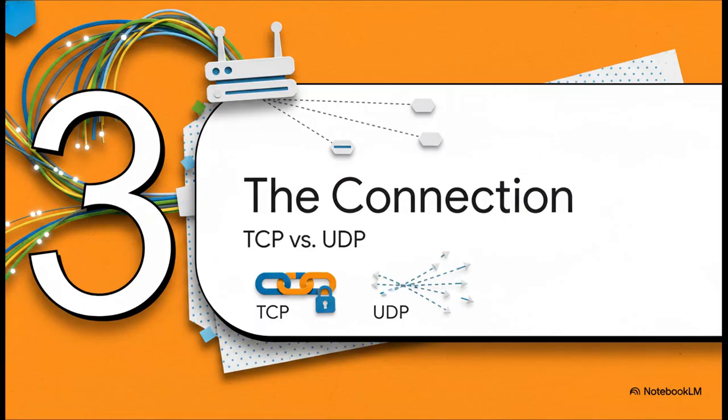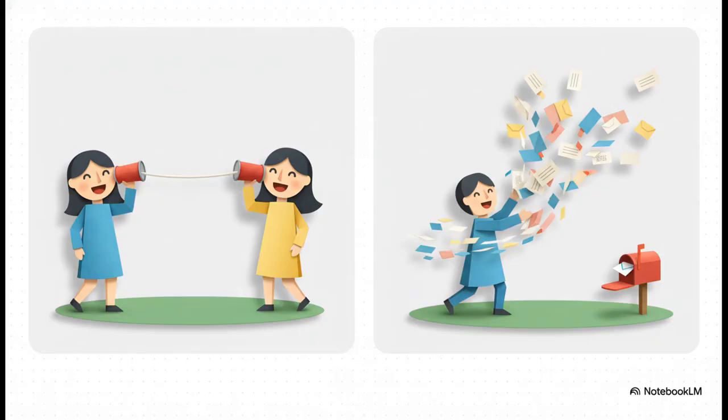Okay, so we've got bits traveling on a physical medium, and they're being guided by logical addresses. Let's move up to the next layer and see how this all builds. This is where we finally tackle that mystery of the open versus closed connection. And it all comes down to two big protocols, TCP and UDP. The absolute best way to understand the difference is with an analogy. TCP is like making a phone call. You dial, someone answers, you both say hello to confirm you're connected, and then you have an ordered, reliable conversation.